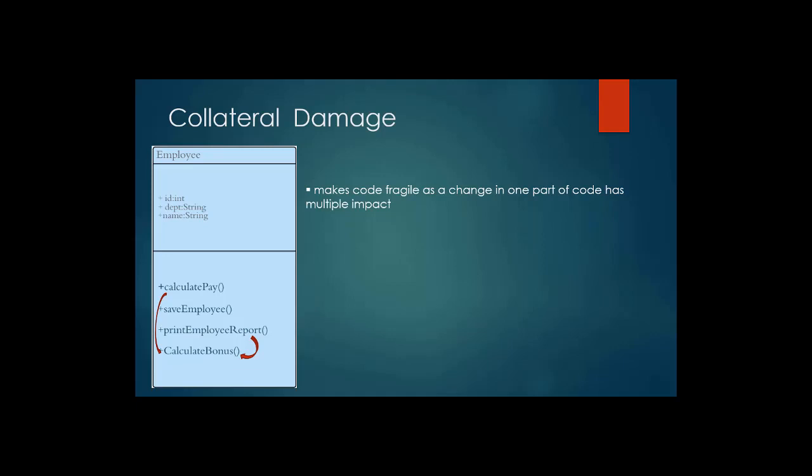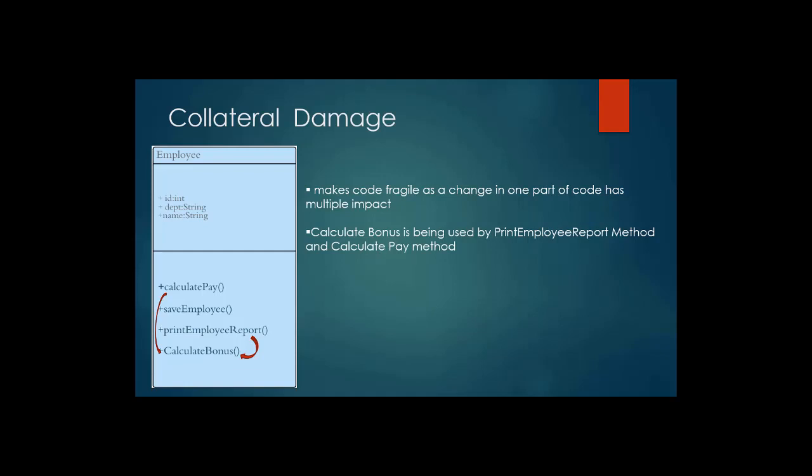You are a part of the COO team, you go and update the logic completely ignorant of the fact that calculate pay is also calling the same function, and you don't consider testing the calculate pay method as it's not part of your domain testing. It's not part of COO testing. It's part of CFO team testing. And the CFO team may be unaware of the change and you break the calculate pay logic of the CFO, which could have a larger impact on the business.